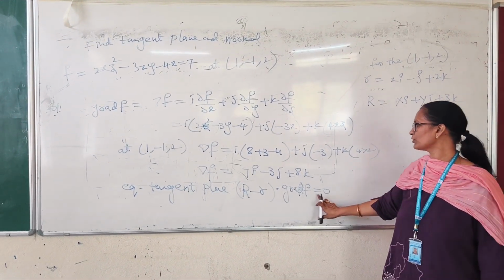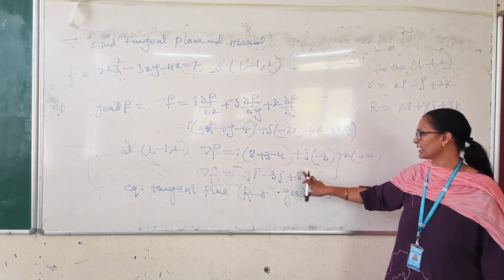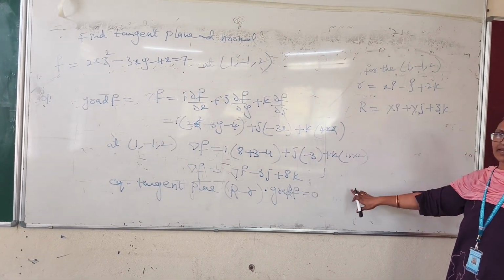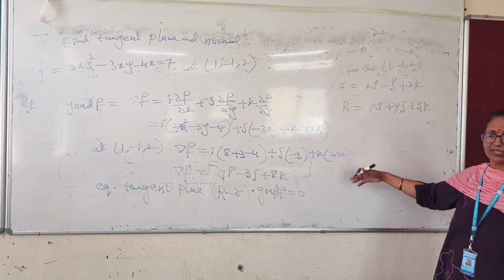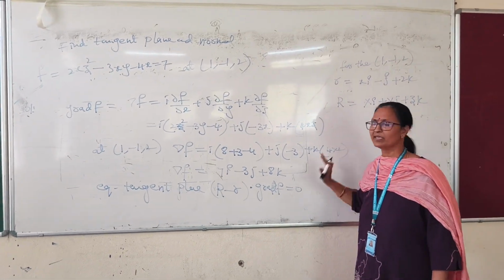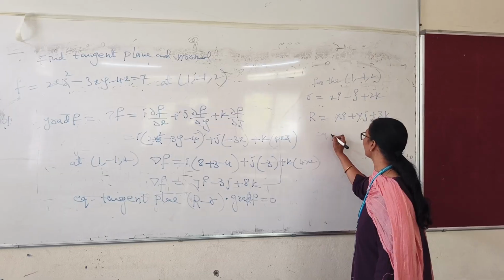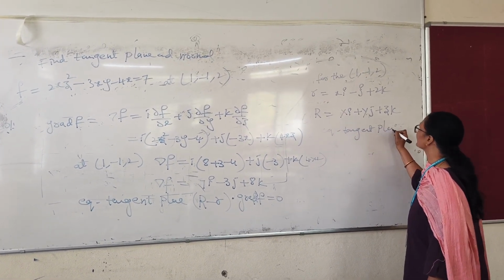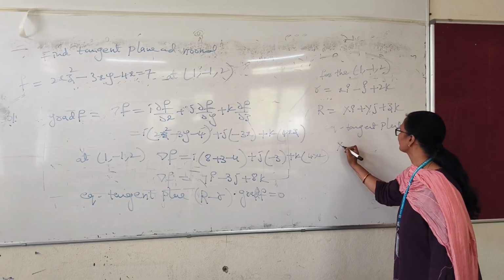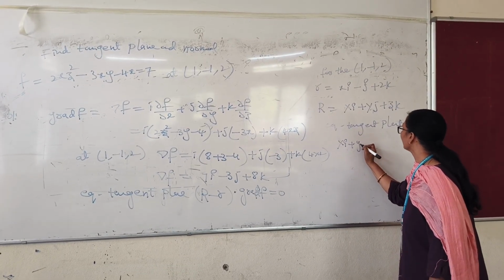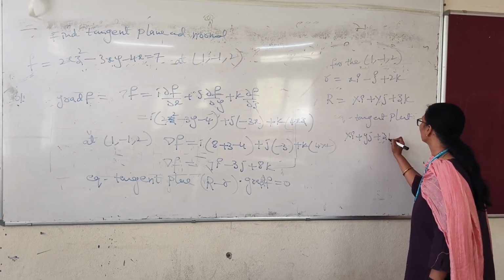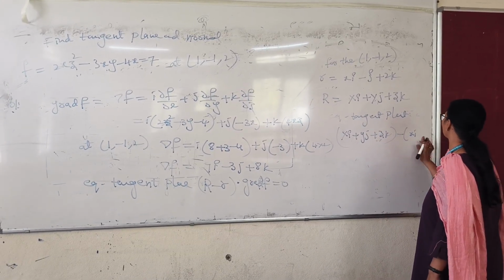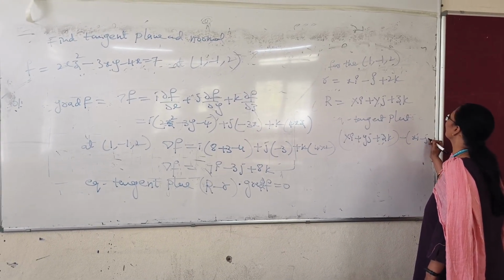So what is the capital R first? Let us substitute. We have to take the difference of the coordinates here. If you take the difference here, what is the small r? It is from the given point only, always we have to take. Dot product. What is the gradient? Gradient is also a vector, 7i minus 3j plus 8k, equals 0. So in this difference, what can we take? How do we take the difference? Let us take i common: capital X minus small x.